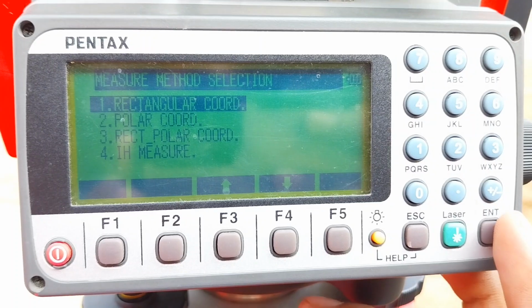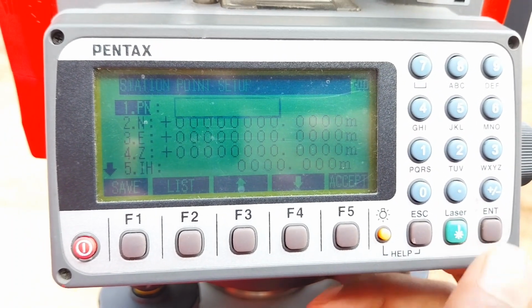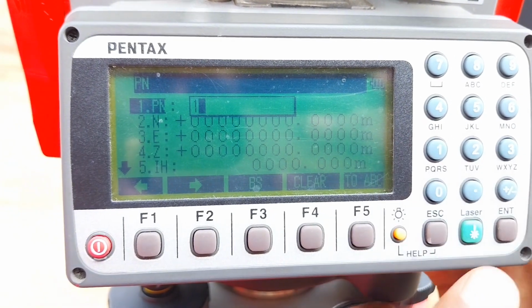After creating the new file, we go to the measure mode, select station and rectangular coordinates.